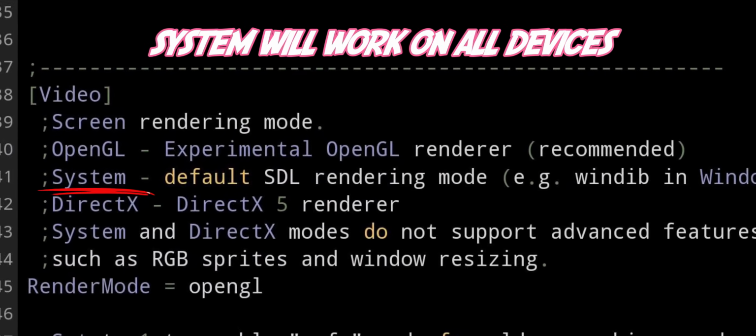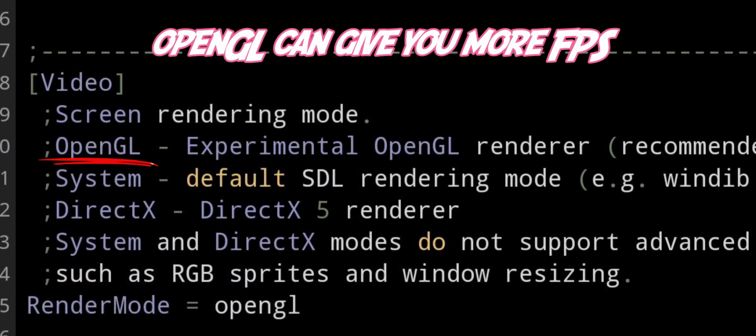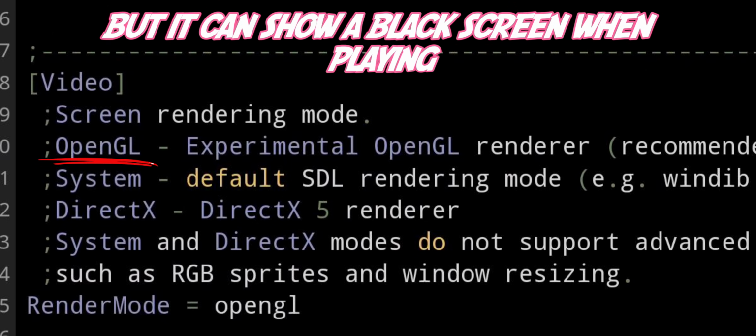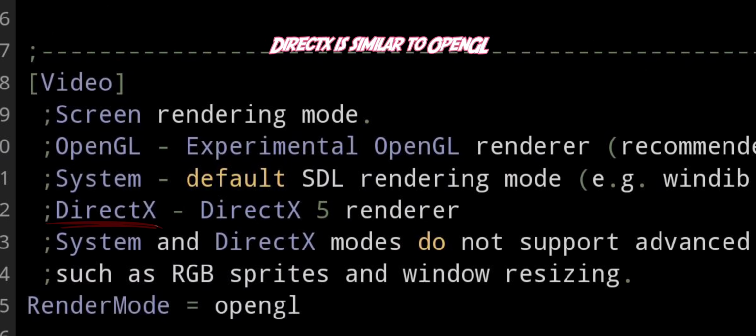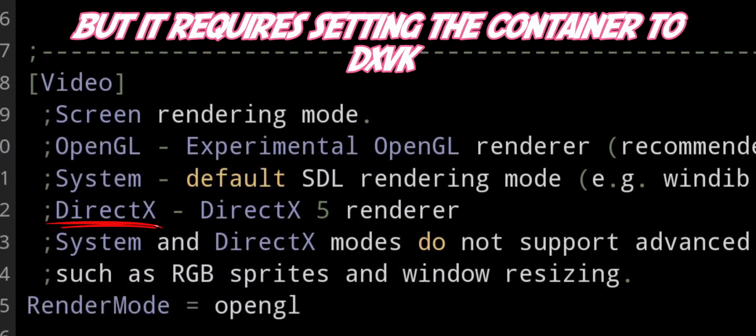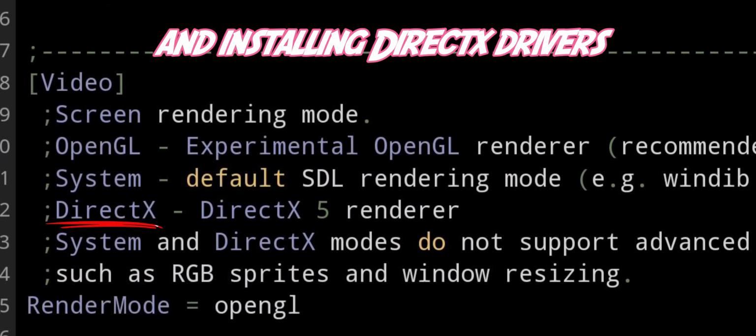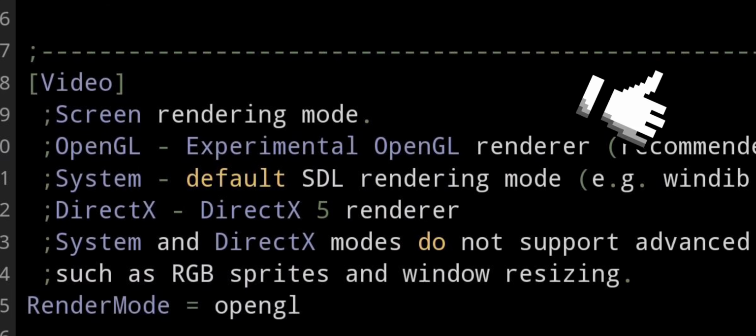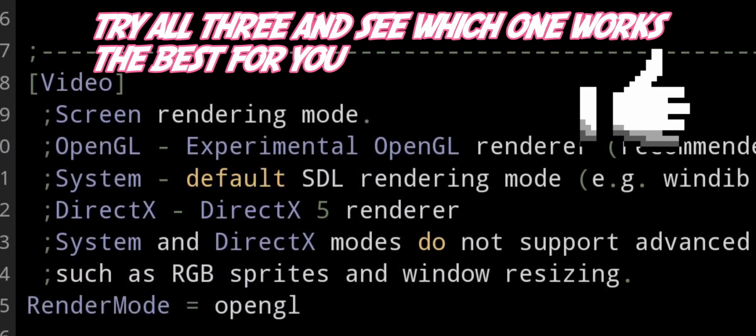System will work on all devices. OpenGL can give you more FPS, but it can show a black screen when playing. DirectX is similar to OpenGL, but it requires setting the container to DXVK and installing DirectX drivers.